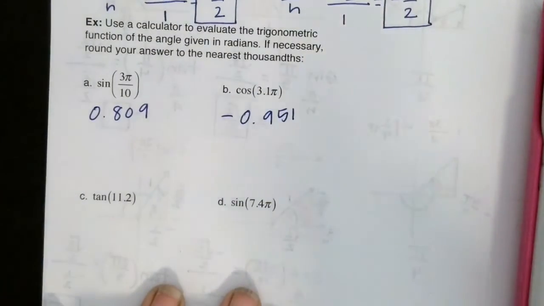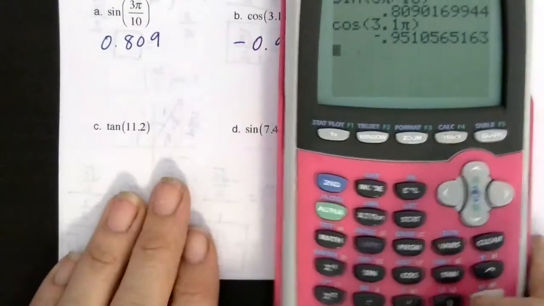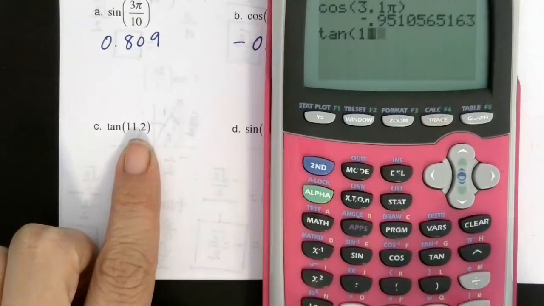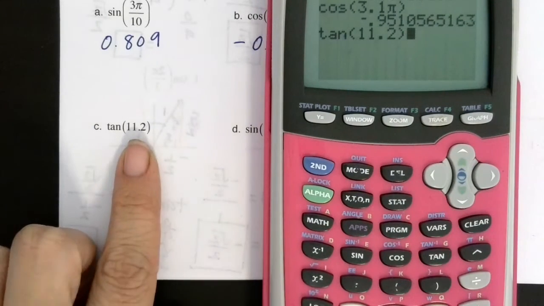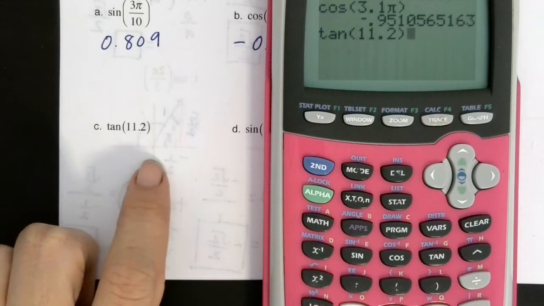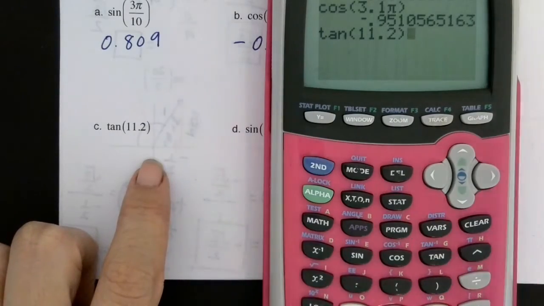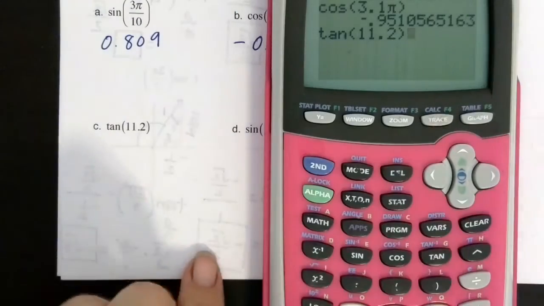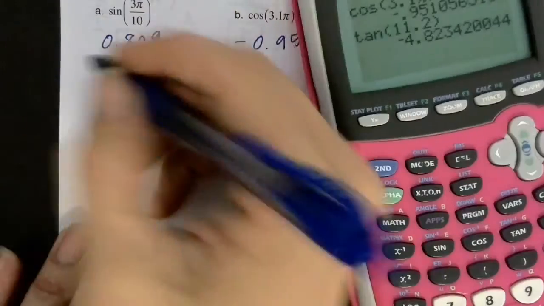You don't have to write the 0, it's just a good habit to get into, so that's why I'm doing it. Look at this next one. It doesn't even have a pi, but that's okay. Tangent of 11.2. Unless there's a degree symbol somewhere, you're in radians. Most mathematicians work out of radians, so it's the default mode. Obviously, when you're first learning, degrees is easier, so you learn from degrees and then progress to radians, but even though it doesn't have a pi, it's still going to be in radians. And I get negative